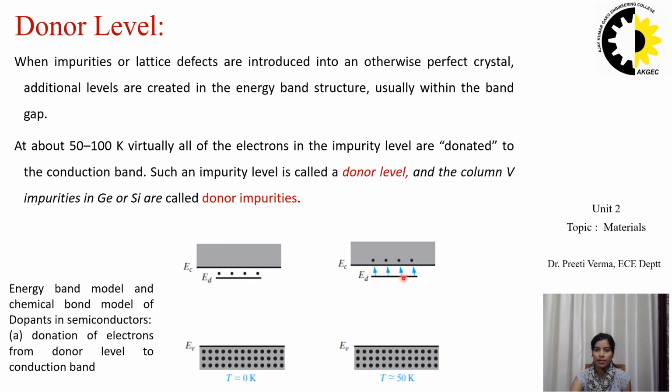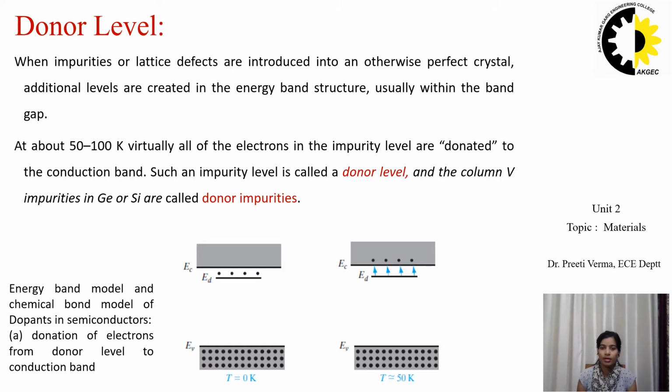These arrows represent the movement of electrons from the donor level to the conduction band, so that they are responsible for conducting the current. These electrons are being donated from the donor energy level to the conduction band. So these are called donor impurities,